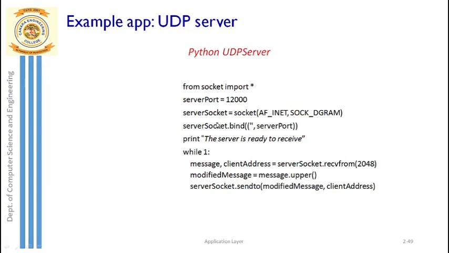So this 12,000 only is used both at the client side and server side for sending and receiving the message. Remember, 12,000 is the server side socket's port number, not the client's port number. This is the server's port number only, 12,000. After that, now the server is ready to receive. The server's job is to receive the input message first and then start doing the things. Now you're going to enter into the loop.